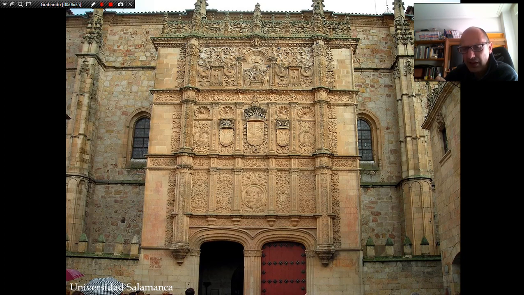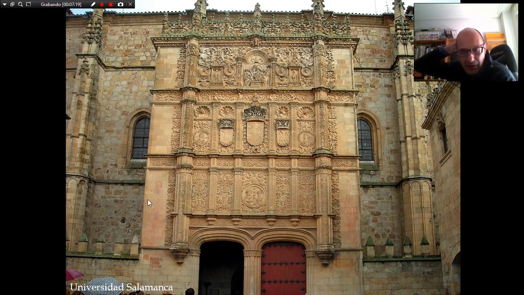If you enter inside the building, you can find it's a structure of the end of the Gothic. But this part is Renaissance. This decoration. Look, for example, how there's a part without decoration, there's another part with a lot of decoration. There's a contrast between one and the other. Remember, for example, the influence of the Muslim decoration. In 1492, the Catholic people enter the city of Granada, and they are going to be so impressed with the decoration in this building, and sometimes apply similar things, for example, the contrast between part decorated, part not decorated,